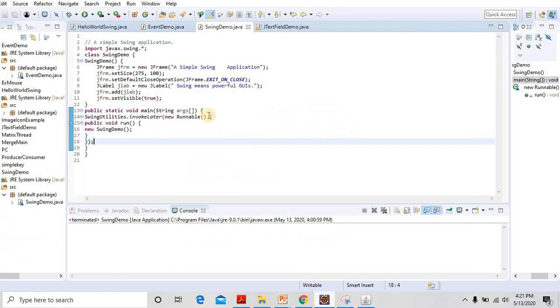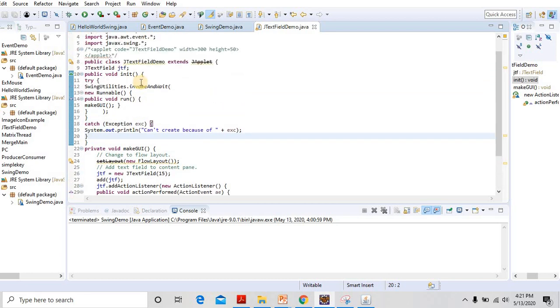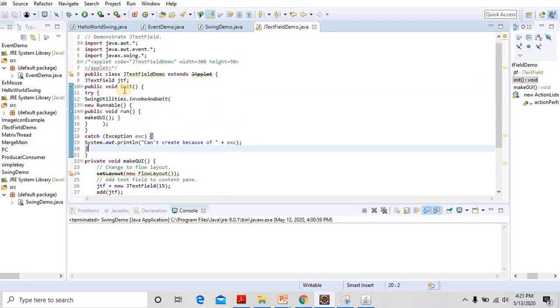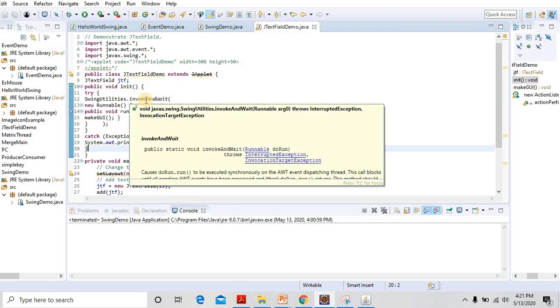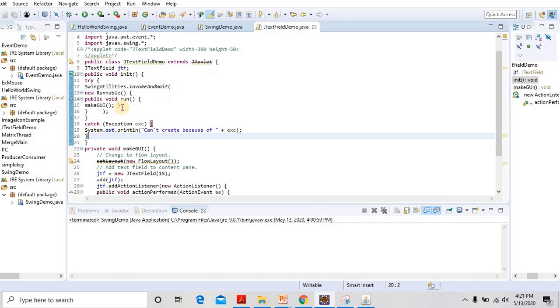If you see here in this JTextFieldDemo, initially what did I do? I have called the init method of the applet class. In that method I have created an event dispatching thread in order to run that GUI. In the run method of that thread I call makeGUI.